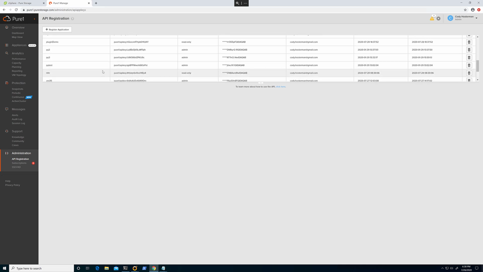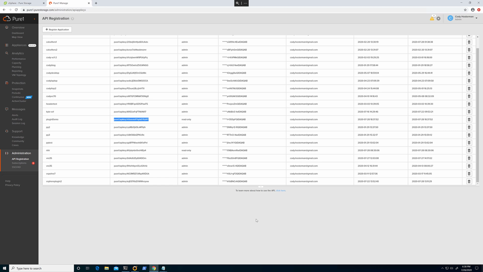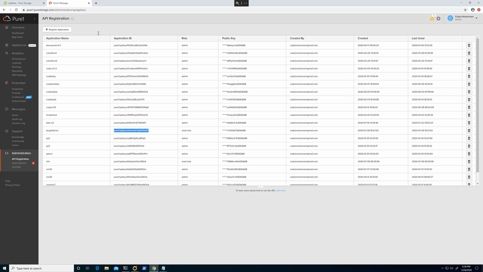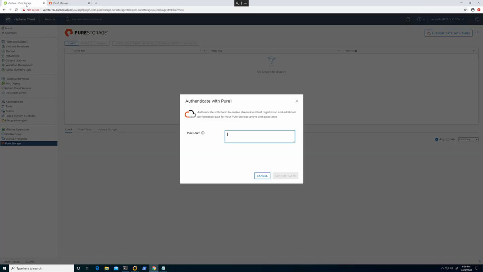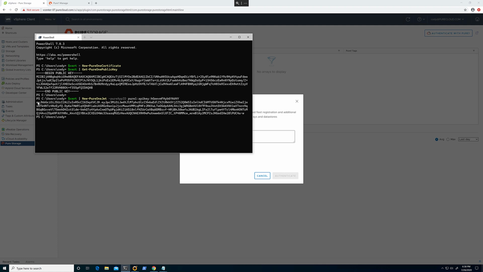Now, find that listing for that application and copy your application ID, pure1:apikey:, and the key. Copy the entire thing. Now go back to the PowerShell commandlet, and we want to create a JSON web token for authentication using that application ID and that original certificate. This will take the private key within that certificate and sign some information and create what's called a JSON web token with that application ID. Run that and copy the entire token